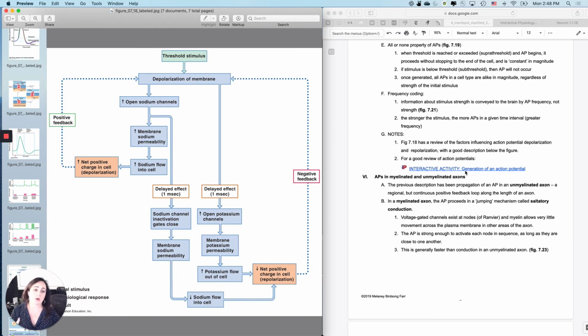There is also this interactive activity. This comes with the digital content with your textbook. So hopefully you will be able to access it through your notes. If you haven't, you may have to buy digital access. I tried to link it in a way that you could get to it, but we'll see if it works. So if you click on this, it's fantastic. This again is interactive physiology.